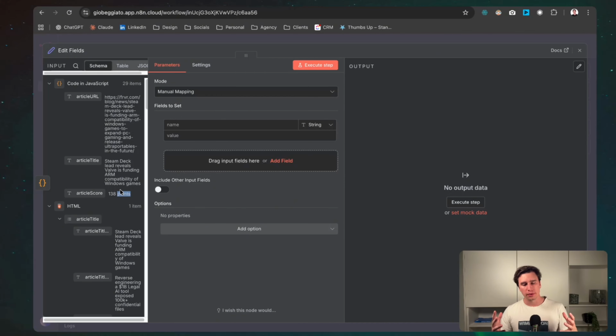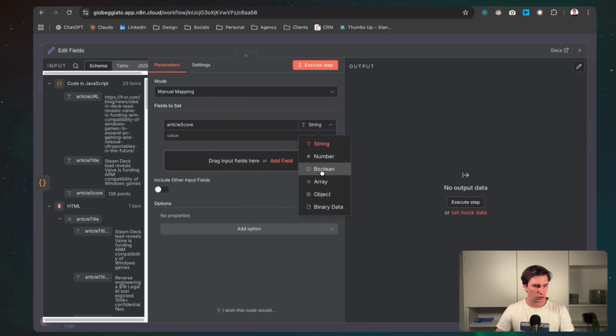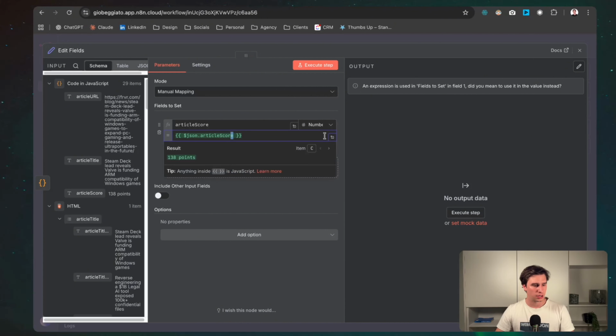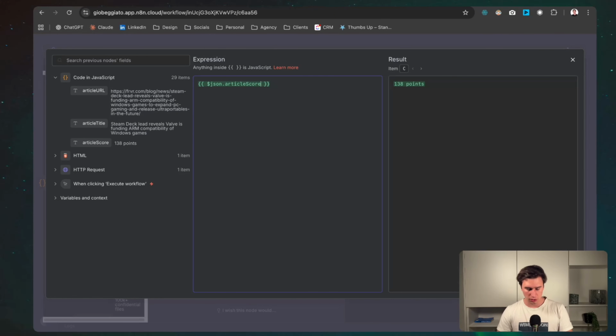So if I were to loop now, I would go and face a problem because I would not be able to do that. So what I need to do now is manipulate my data so that I can have just a number right here. And how am I going to do it? I'm going to do it right here. So I'm going to call this a number, right? And this is going to be an expression. And we're just going to manipulate this data right here. So as you can see, and maybe let me zoom in. Okay. 138 points. So what do I need to do? I need to split the thing so that it's split with a space,